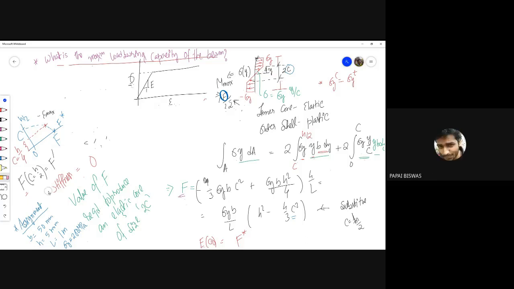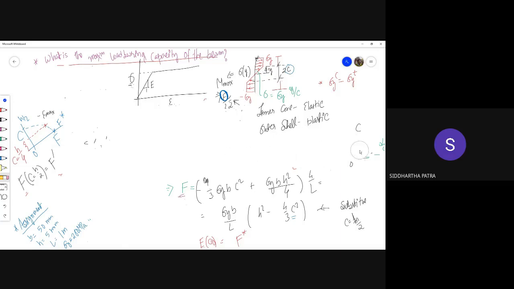Sir, 11 by 12 sigma y b h square by L. Okay. So it is easy to calculate, right? You just simply substitute the expression for C, right? Now the question is,